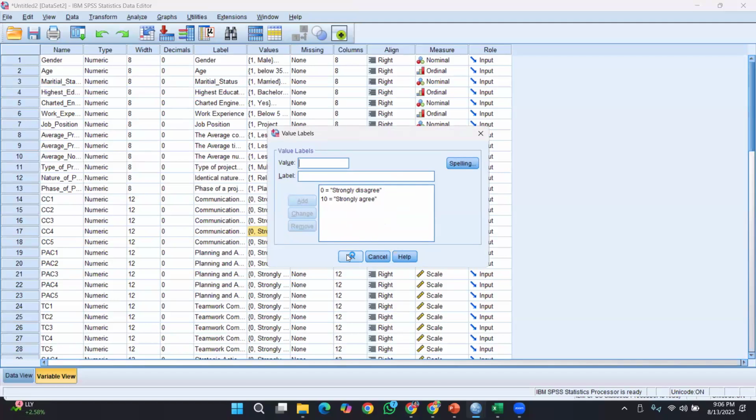This is how the author researcher has been feeding data. He has been using a 10-point scale, 0 to 10, right? 0 is for strongly disagree and 10 for strongly agree.